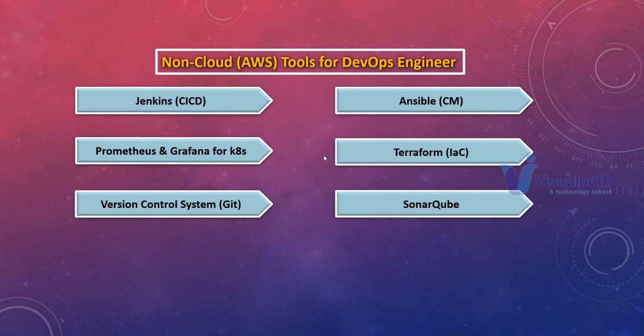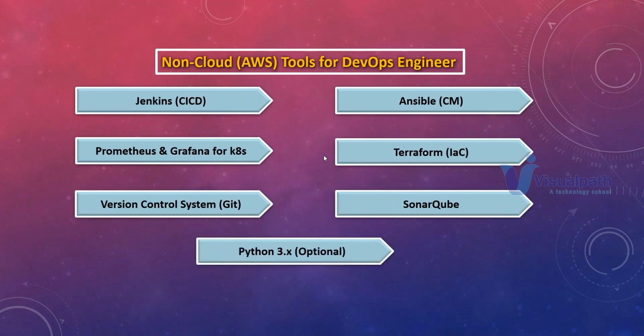And the last one is optional, that is Python. If you want to be a programmer or a developer as well, and want to learn Python, Python is not going to be taught in this course. It is optional. If you want to learn Python programming, we'll give the video access. Python will not be taught in this 3 months course right now. This is not mandatory for everyone. If you are interested, you can talk to management and they'll provide you Python access. So these are the tools we have to learn under DevOps.